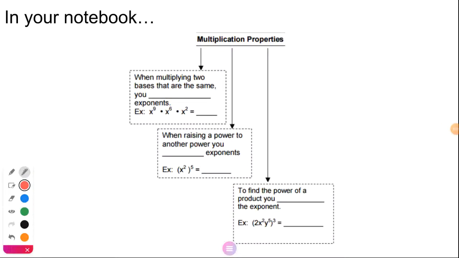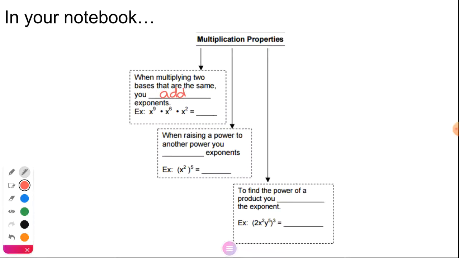Going to be looking at multiplying polynomials, but before we can look at polynomials, we need to look at a few things that happen with the exponents. So the first thing we're looking at is when we have the same base, what happens when we're multiplying? What do we do with those exponents? Okay? So if we have the same base, you're going to add